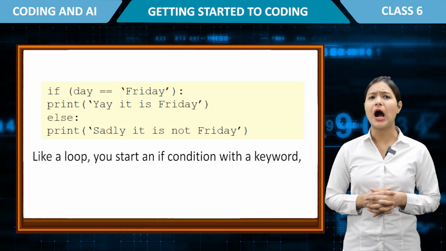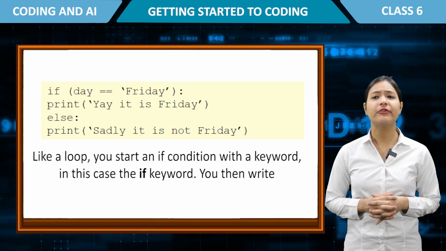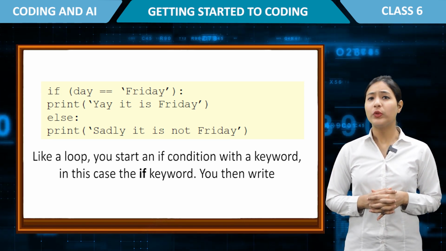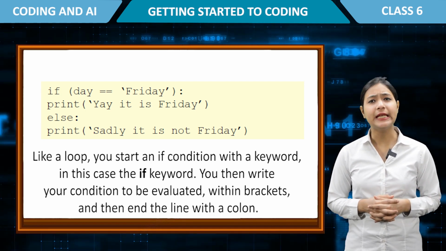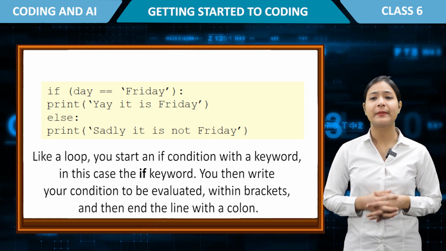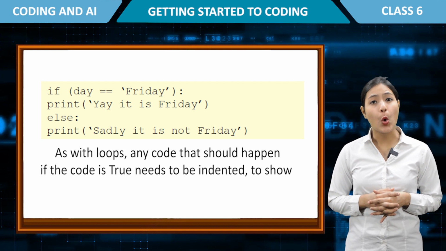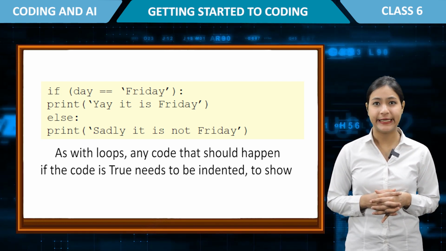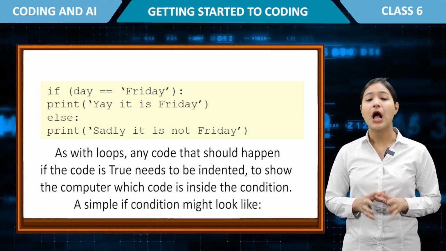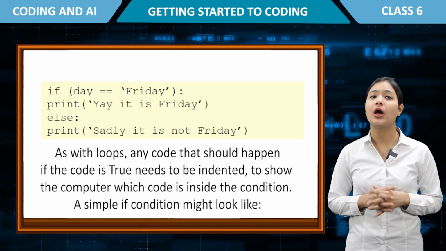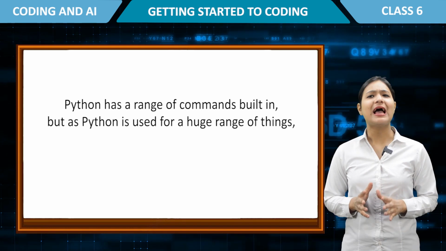Like a loop, you start an if condition with a keyword. In this case, the if keyword. You then write your condition to be evaluated within brackets and then end the line with a colon. As with loops, any code that should happen if the condition is true needs to be indented to show the computer which code is inside the condition. A simple if condition might look like: